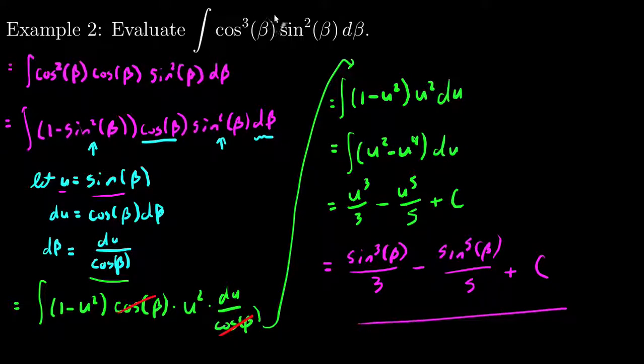So these two problems were indefinite integrals. We ended up with a plus c. What happens if we have a definite integral? Well, pretty much the same thing. In this case, I also had odd powers of both, and it doesn't actually matter which one you choose to split up. I could either split up sine or split up cosine,